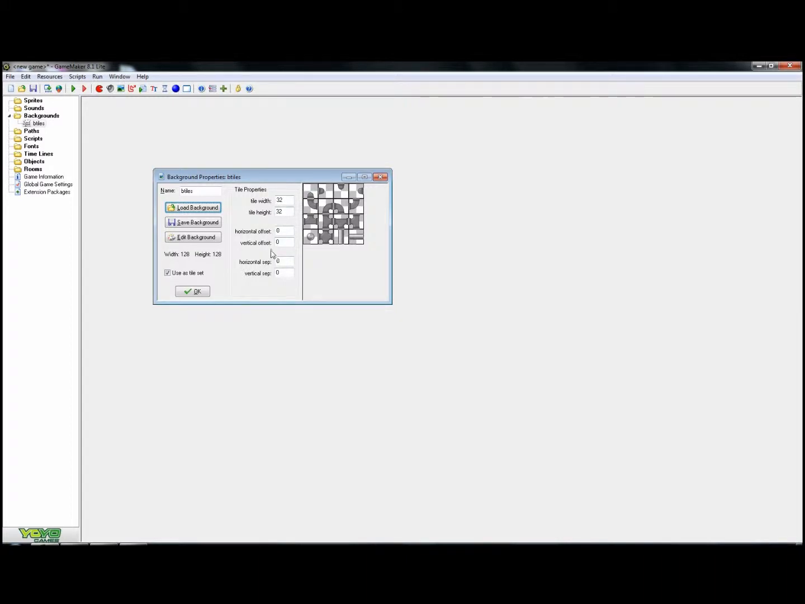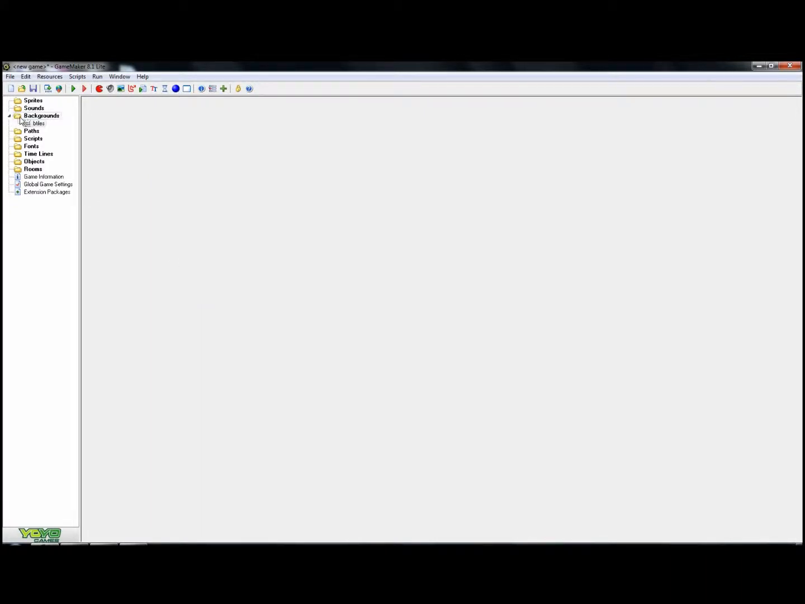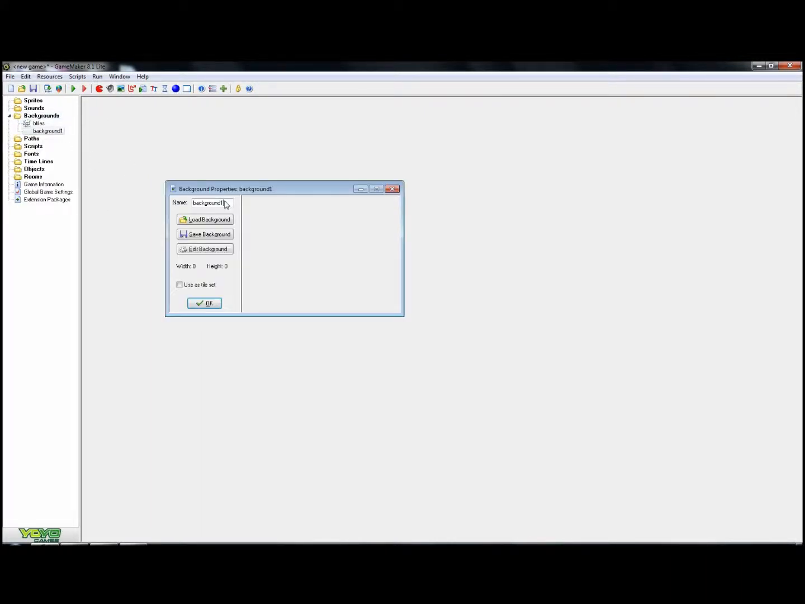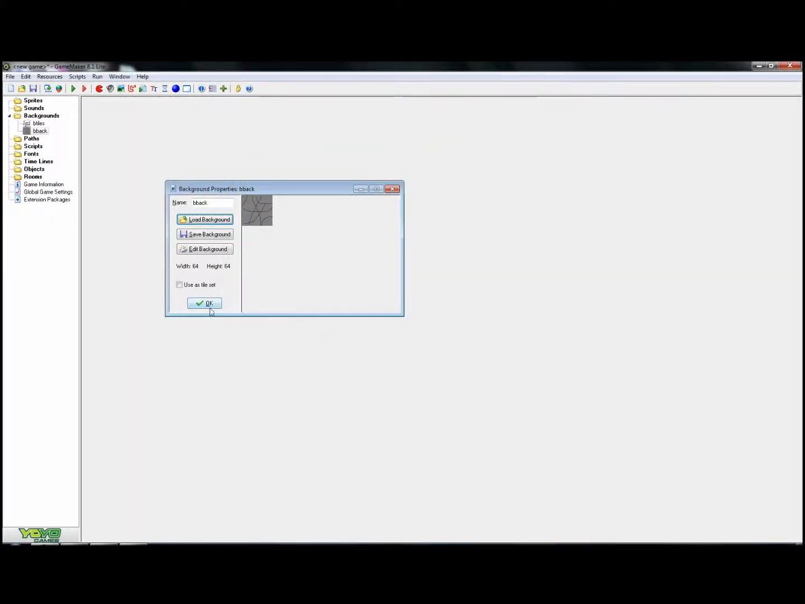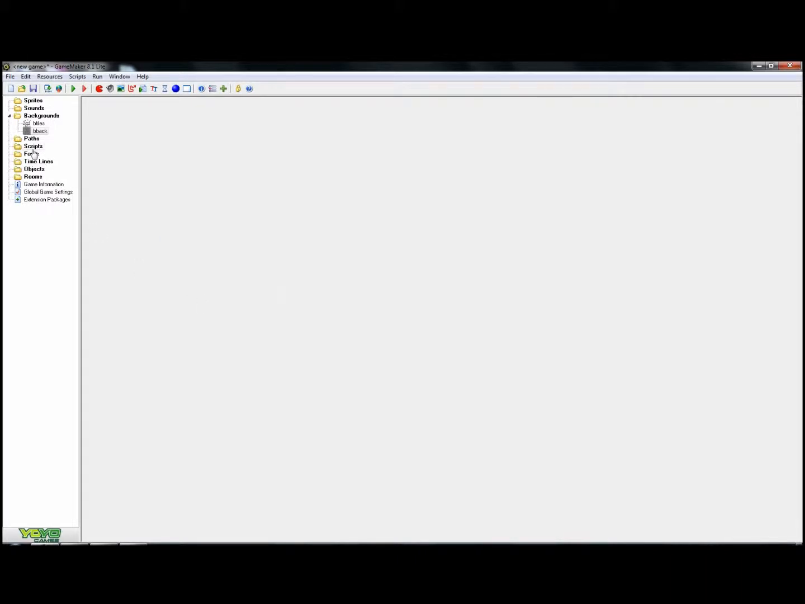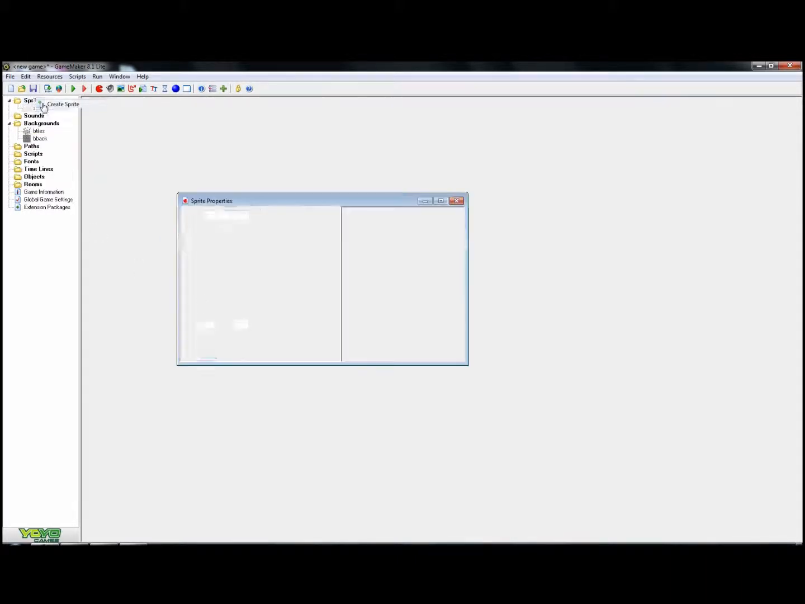Make sure when you're making a tile set that it has the correct dimensions to be the tile set. And you will also need a background to go behind the tile set to cover in any gaps, such as that one there. Now we'll also be creating a wall block